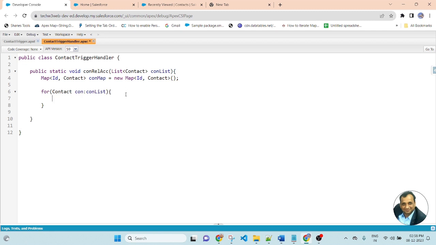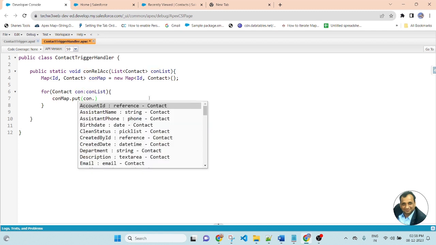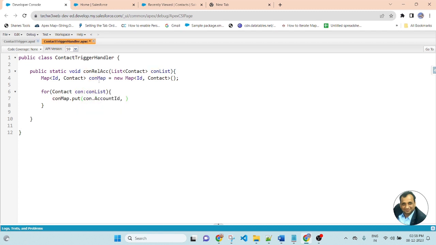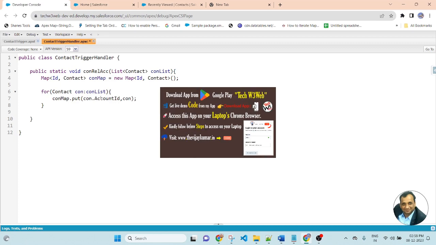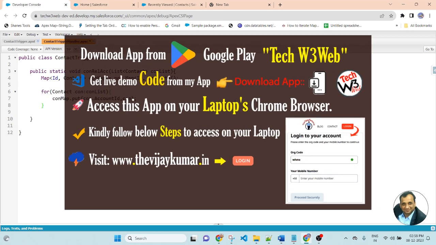Here we will assign contact account ID and contact. phoneMap dot put, phone dot accountId comma phone. So inside the map I am assigning the value account ID and contact.